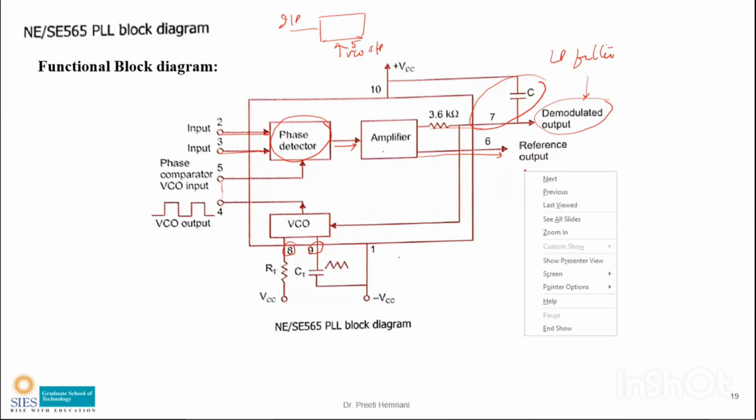Okay, now we have studied the VCO. What is the output of the VCO? Tell me, what is f naught of the VCO? That is the output frequency of the VCO, and we derived it when we were studying in the last lecture. What was the output frequency of the VCO? Yes, anyone? How much is the frequency of the VCO? We have done the derivation also. We took 7 by 8 VCC at pin number 5 as a constant voltage, and we got something as f naught. What was that f naught?